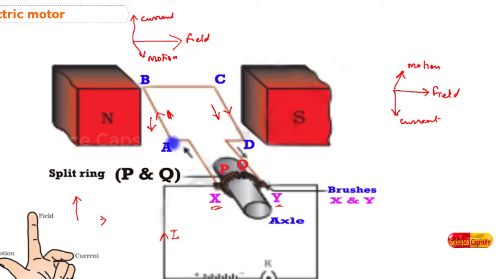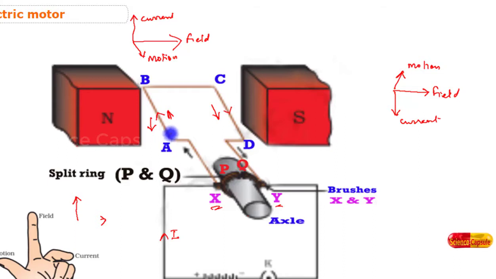So here your thumb is pointing upward, so this will be the motion of the coil. When the current enters through the arm AB, the coil will be pushed downward. At the same time, when the current enters the arm CD, the coil will be pushed upward. So on half rotation, AB goes down and CD is pushed upward. So the force is applied on the coil both ways, and by using this force the coil turns